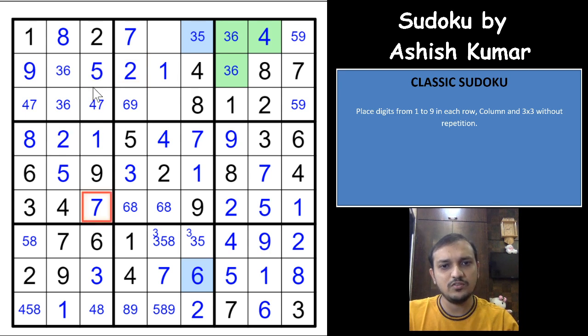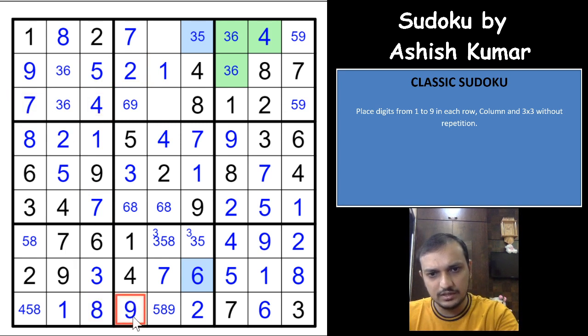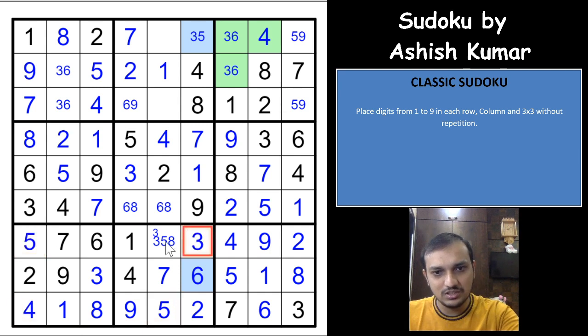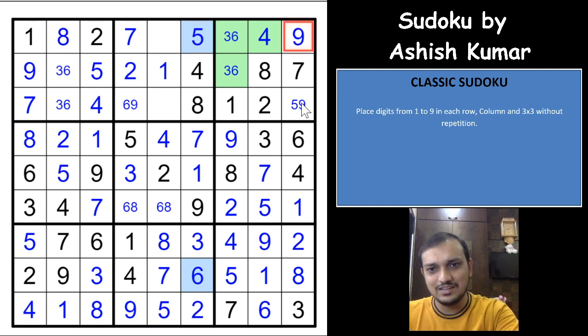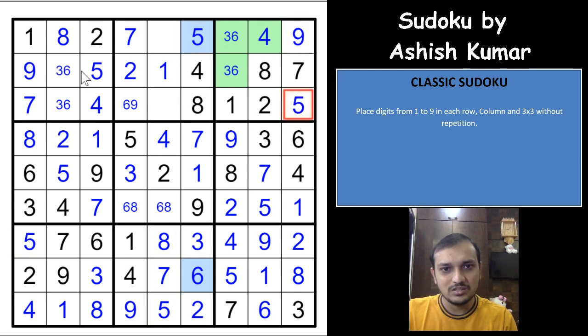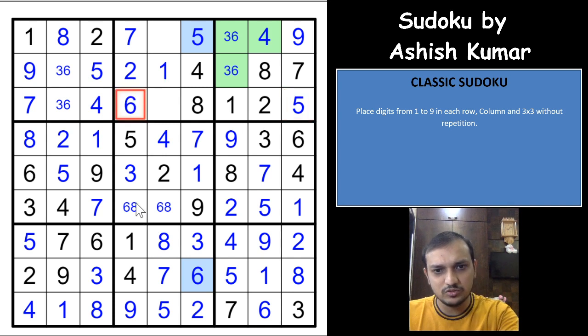Oh, a 7 would give you a 4 here, my bad. That gives you a 7 here. This 4 gives you an 8 here, a 9 here, a 5 here, a 4 here, a 5 here, a 3 here and 8 here. Wow, that gives you a 5 here, a 9 here and a 5 here. That was an easy one. Simple deduction that we missed here.